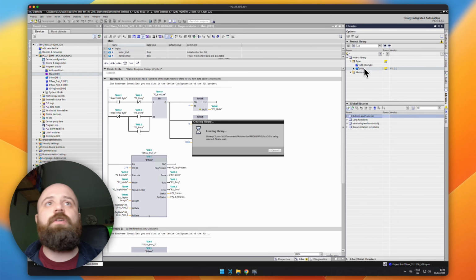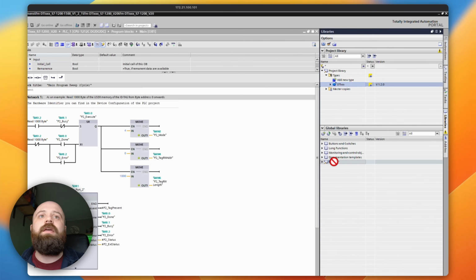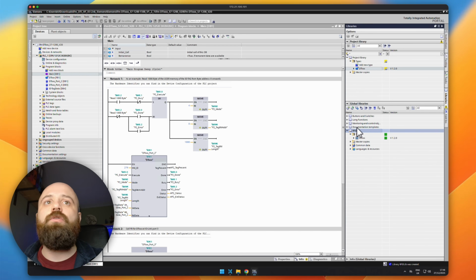And I'm going to move the function block over from the project library into the, I think I should just be able to put it here. There we go, into my RFID lib. Perfect. So now it's in there and we should be able to use it from other versions